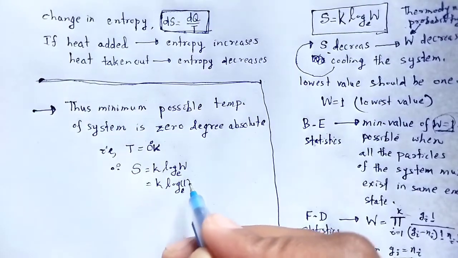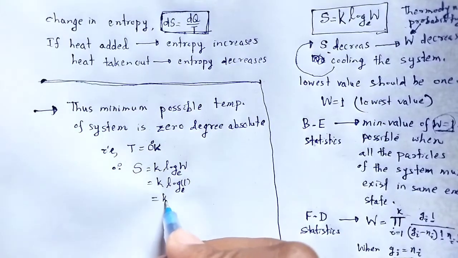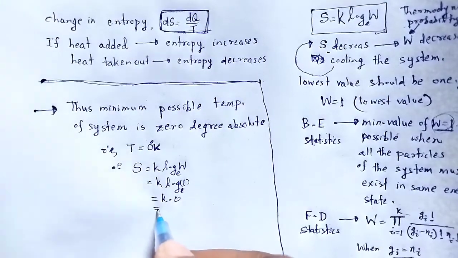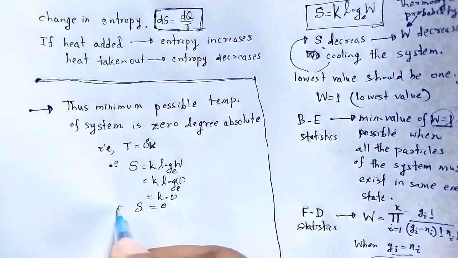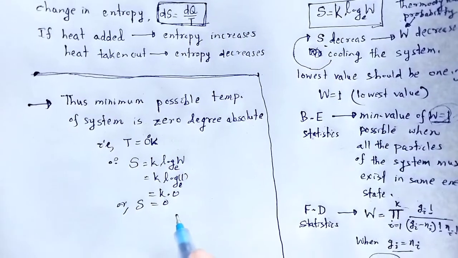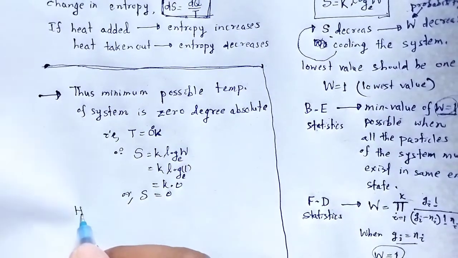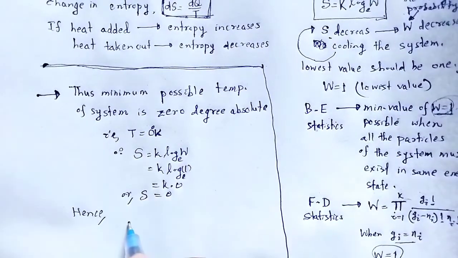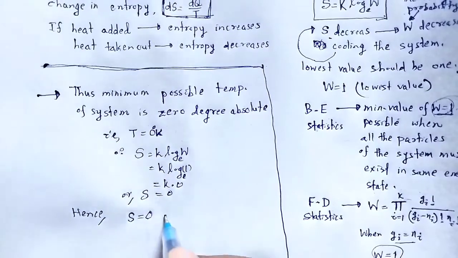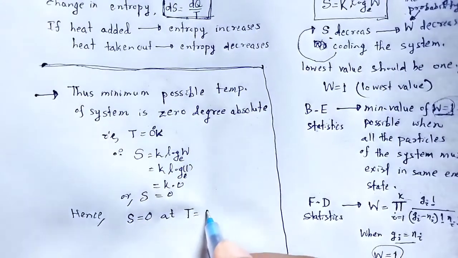The value of log 1 is 0. That's why K into 0 is equal to 0, for the entropy S. From this, we write, hence S is equal to 0 at T is equal to 0,